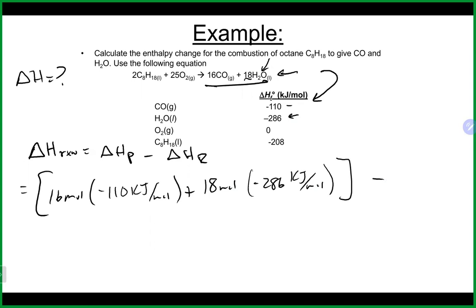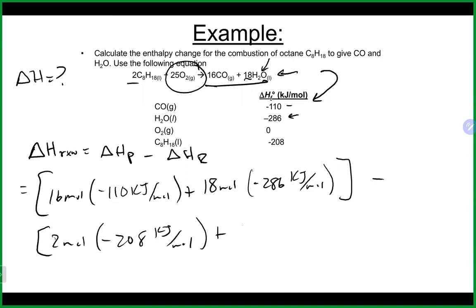So coming to our reactant side, I'll go underneath so I don't run out of room. We have 2 of our C8H18, and that's going to be 2 moles times minus 208, again from the table, plus our other guy, which is 25 oxygens. Good news here is oxygen is 0, so 0 kilojoules per mole. And that will equal